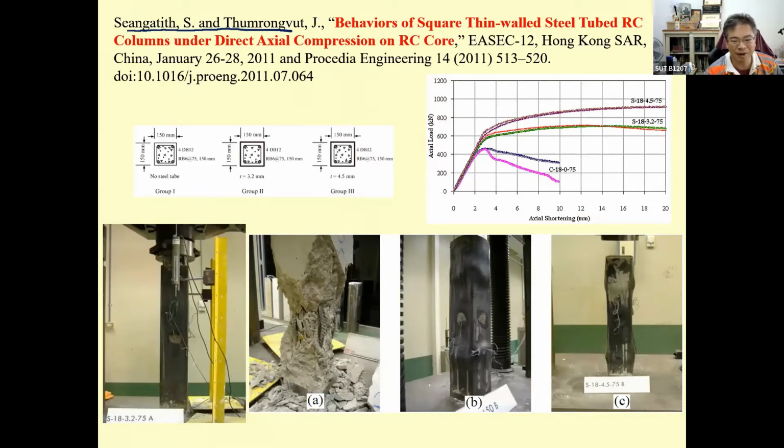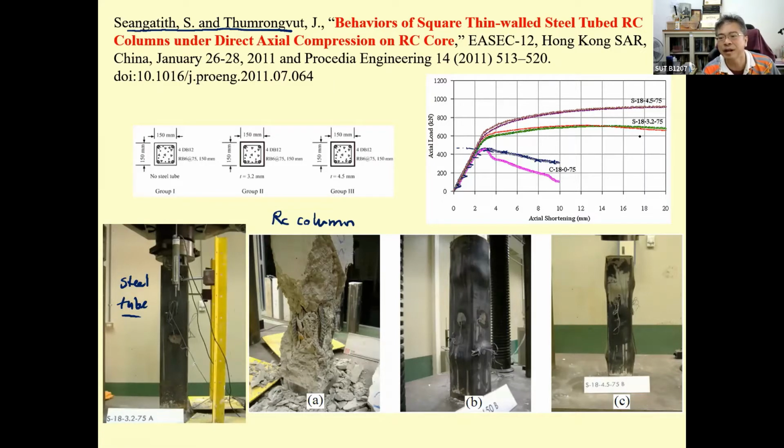Okay, this one is the RC column. The RC column has this kind of behavior: it has low strength, and then we put the concrete and steel and encase it by this steel tube. This is going to be the steel tube. We tested it in our lab, and we found that